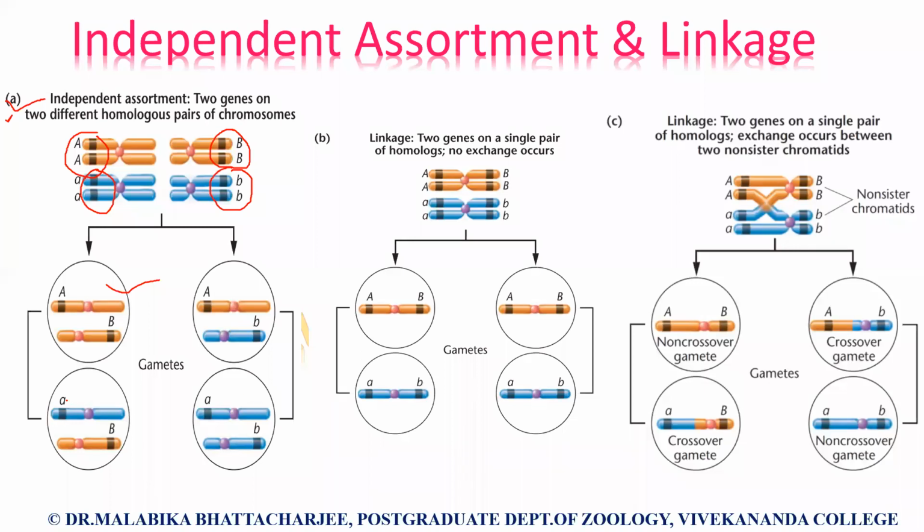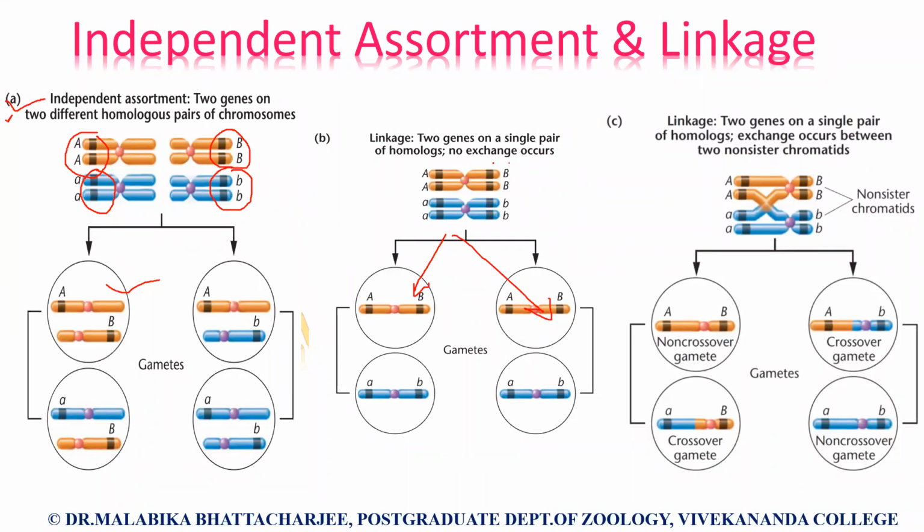Now coming to the second case, linkage. If we look into this picture, here also we have the two genes A and B. But here, as it's being said at the very beginning, the genes are linked. So as you can see, looking into the gametes obtained from this one, each gamete receives the alleles present on one homologue or the other, which is transmitted intact as the result of segregation. So there is no recombination.